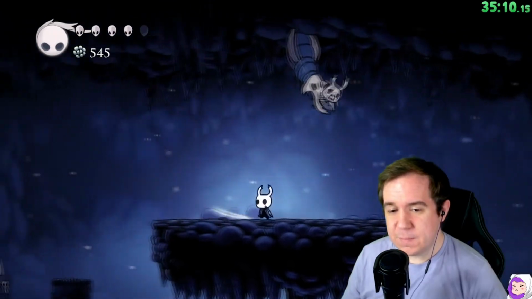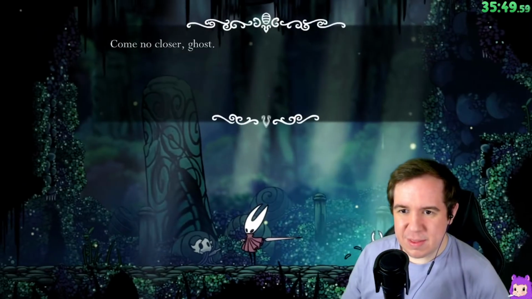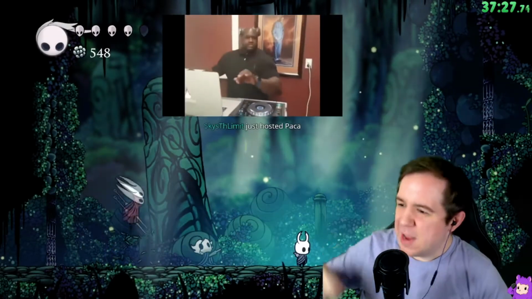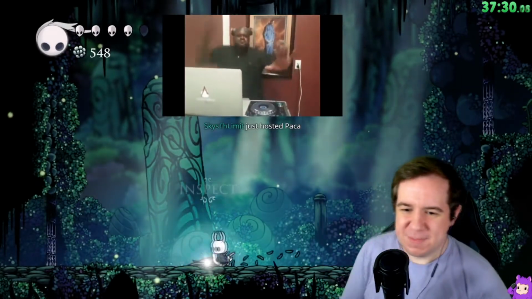Leaving Zote to be a not so delicious meal for the giant Vengefly, I finally found where Hornet was hanging out. I then made fun of her hair? Helmet? Is that a mask? I don't know. Anyway, whatever I said about her, she clearly didn't like, and I made her run away and